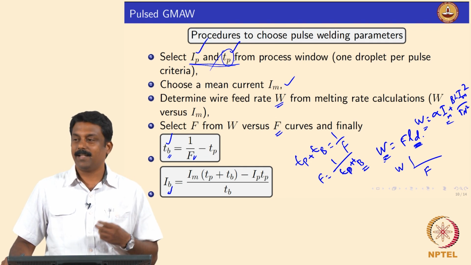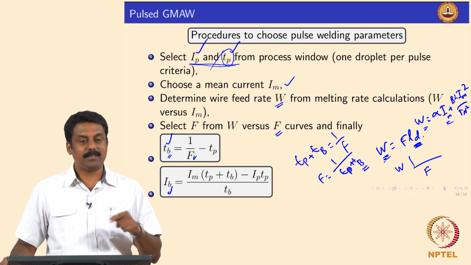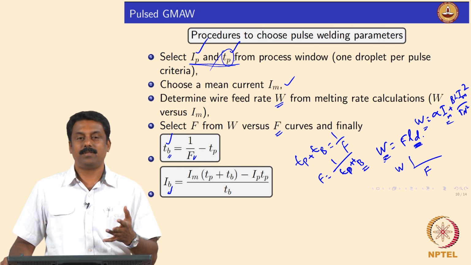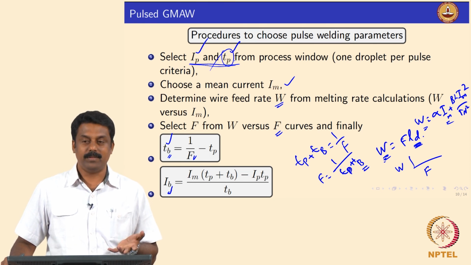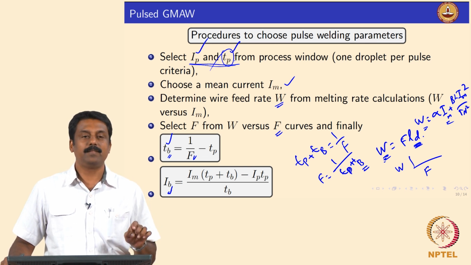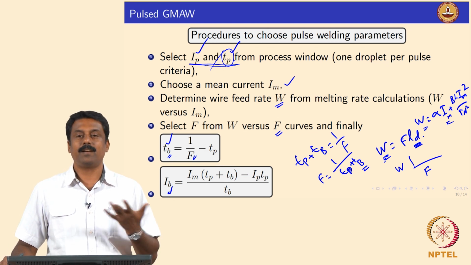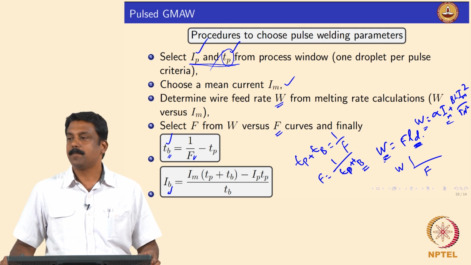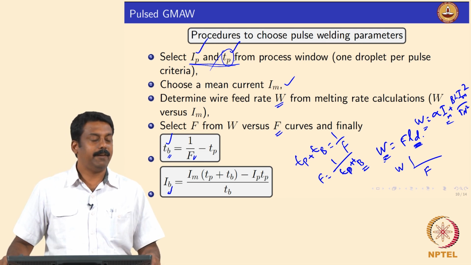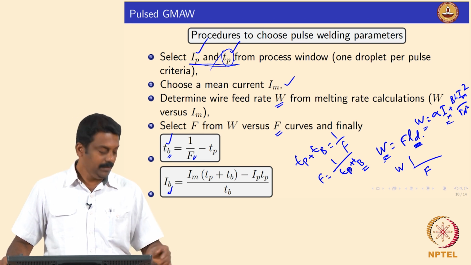If I want to weld, say, a gas turbine component in GMAW in a pulse mode, then I will have to establish the welding procedures, because these materials may not have been developed, and we will have to develop the welding procedures by following such principles to identify the stable metal transfer, right. So, that is a technology development, what do you call it. Yes, any questions so far? How do you arrive at the parameters, right. So, with this simple logic is what we follow to identify the pulsing parameters for GMAW. Yes, it is clear, good.